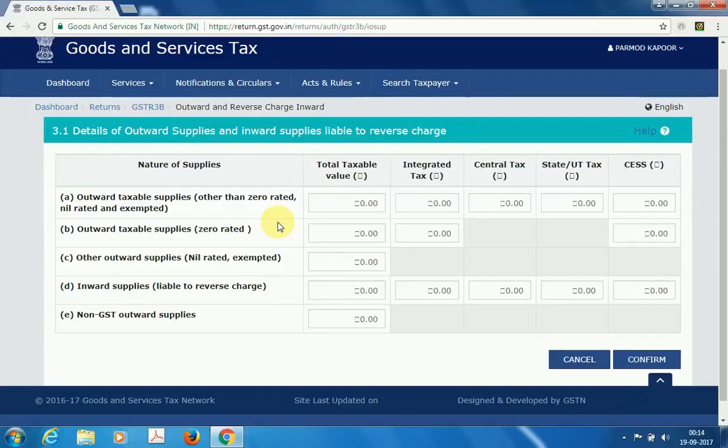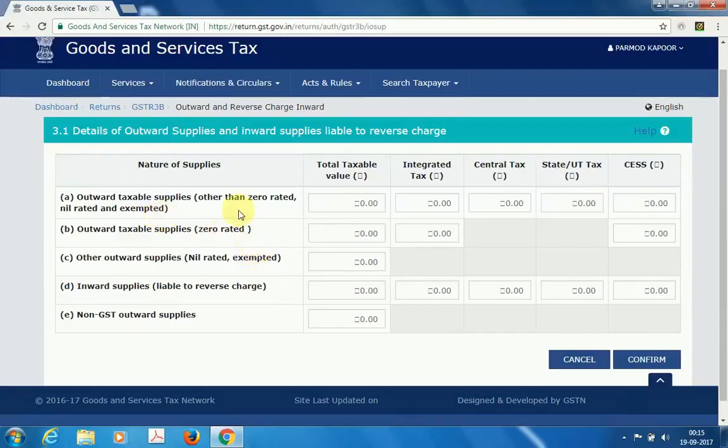Zero rated supplies are mostly supplies for the purpose of export or supply to an SEZ unit, whereas nil rated and exempted goods are goods on which the government has made the GST rate nil or has exempted them fully.